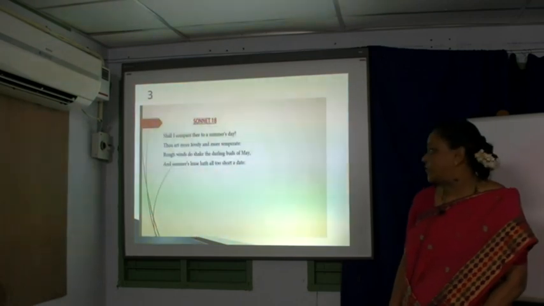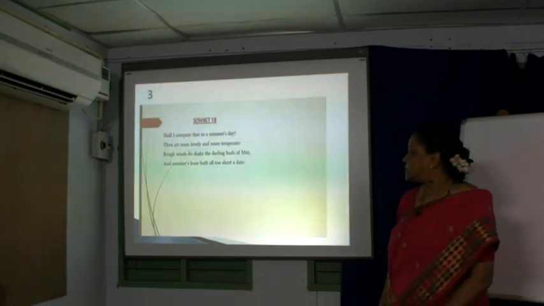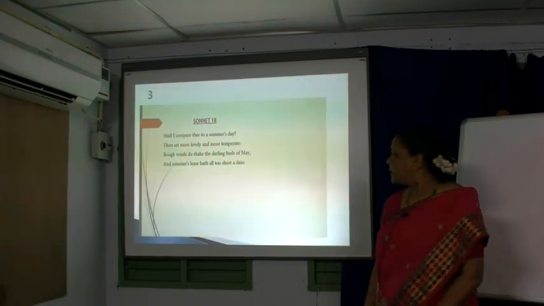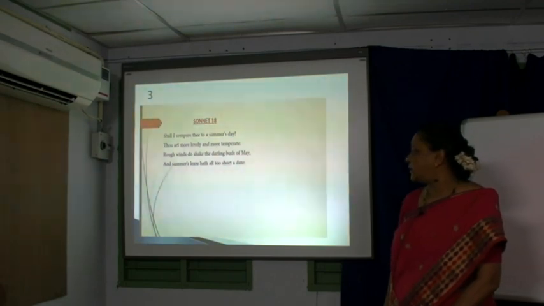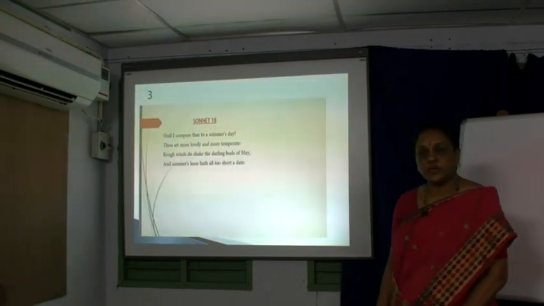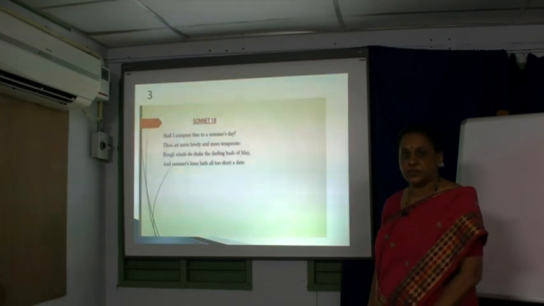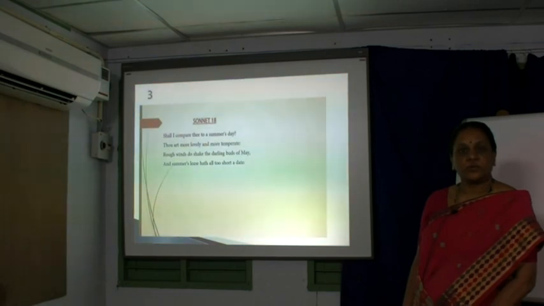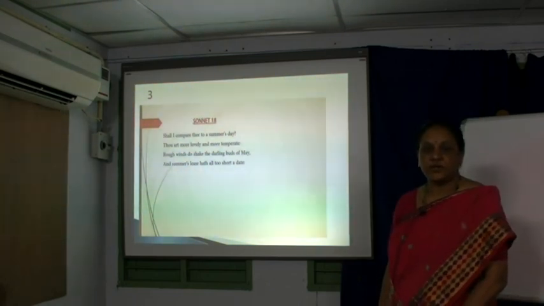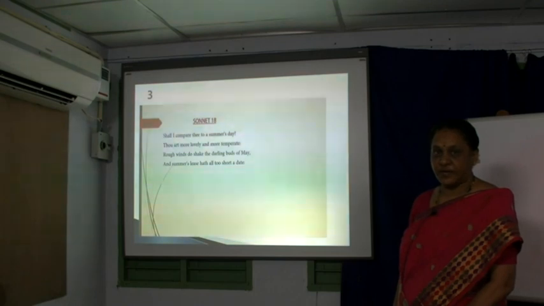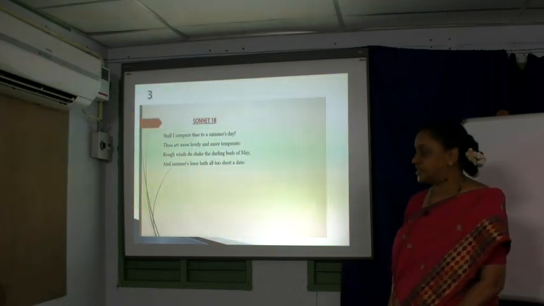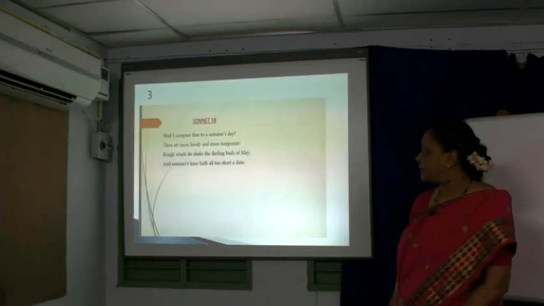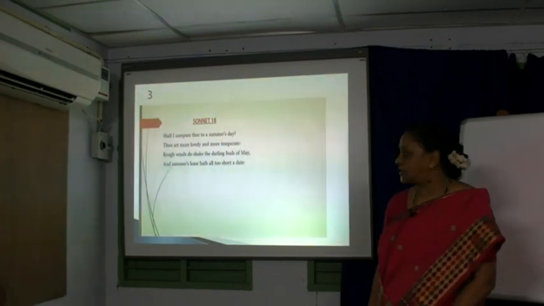So let us go into the sonnet, and he begins the sonnet with a question: shall I compare thee to a summer's day? He begins the sonnet with a question which is also the title of the sonnet. So Shakespeare has a doubt whether he should compare his friend, the young man, to a summer's day. But in the very next line, he answers his question that he cannot do that, because